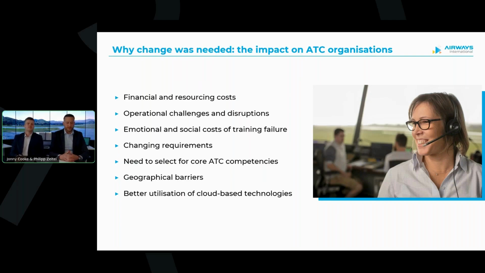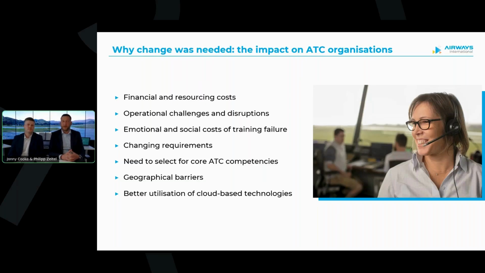So if you combine all these factors we just mentioned, the unique skills required, the high attrition rates, low training pass rates, the intensity of the training, and to a certain degree the lack of predictive tools, it is quite clear why there is a shortage currently out there in terms of ATCs. So why is the change needed? Because training failure carries a significant financial loss.